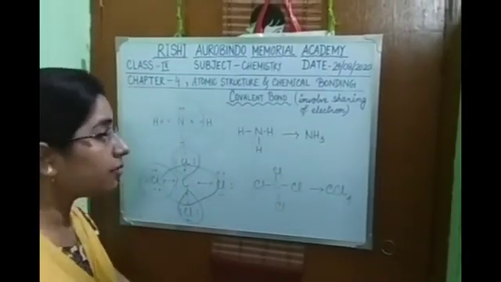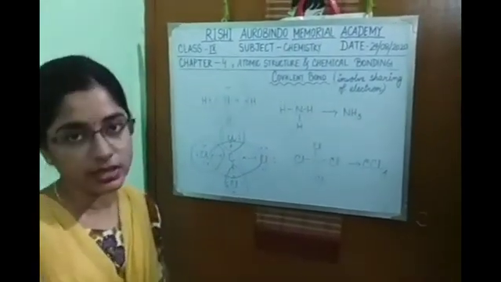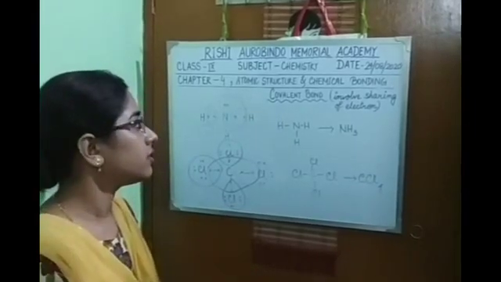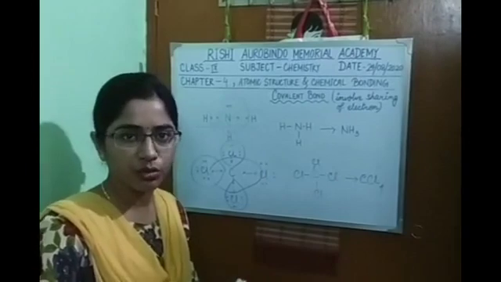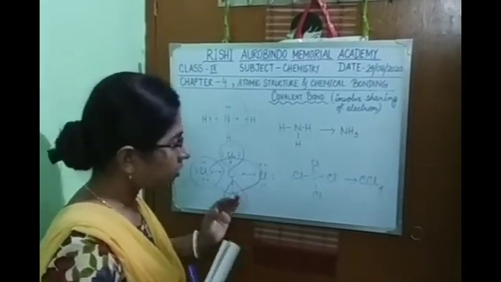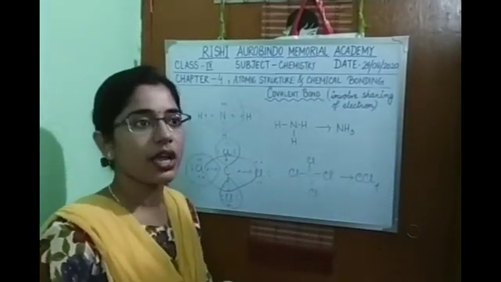So these are the main, very important examples of covalent bonds. And the difference between electrovalent bond and covalent bond is also very important. You have to learn it. Today this is how much we are going to discuss. On the next day